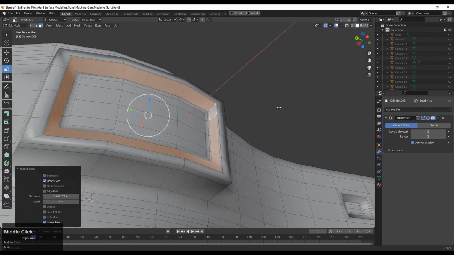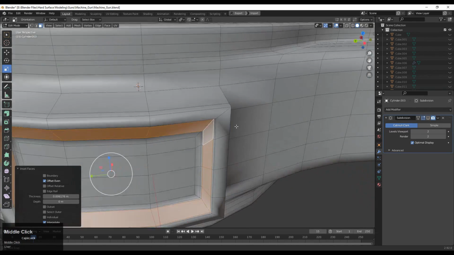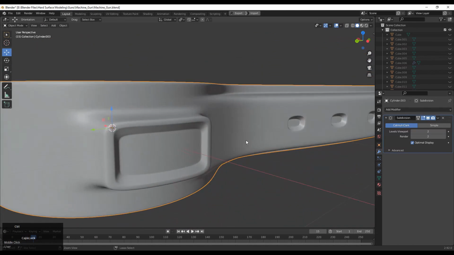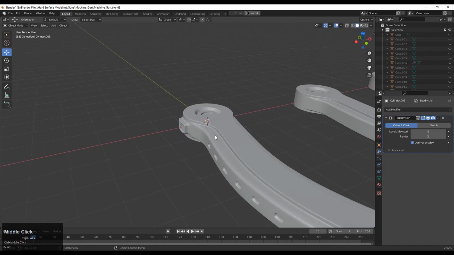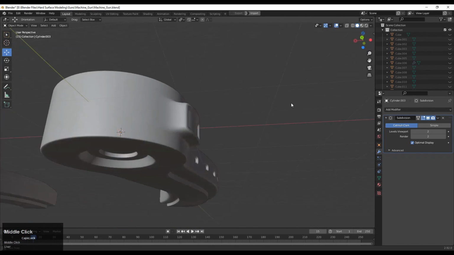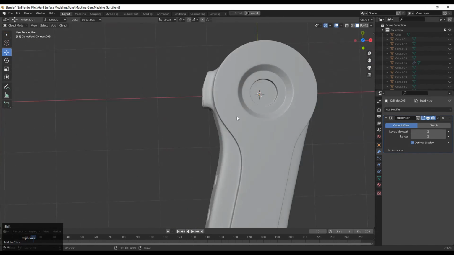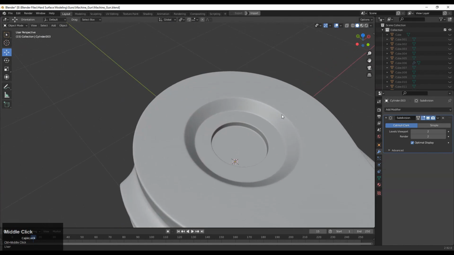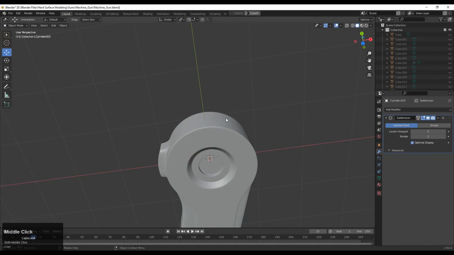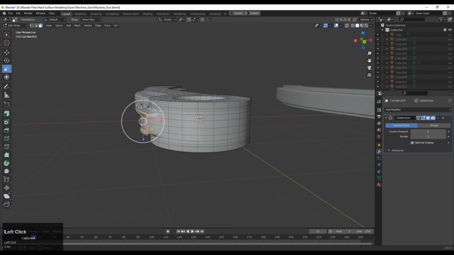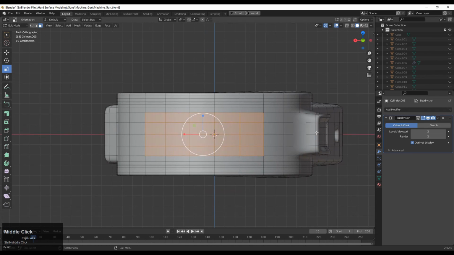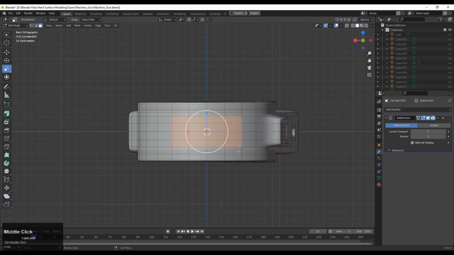And a similar kind of design we need to create on the top part, and we will use the same technique for that. You can see the design looks pretty good, and the same kind of thing we need to do on the top part, along the y-axis. So just select these faces and do the same steps.